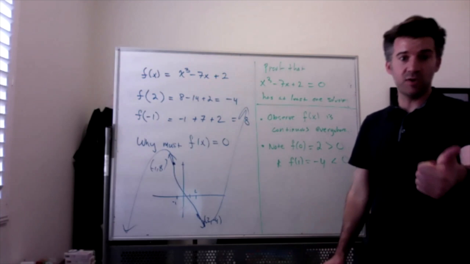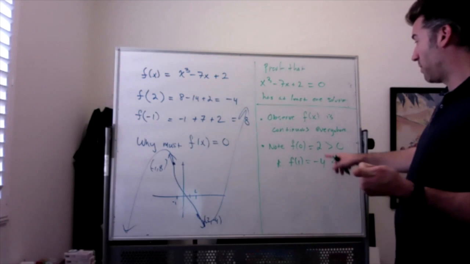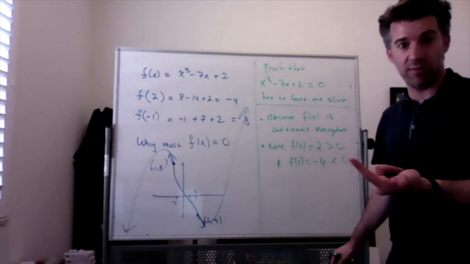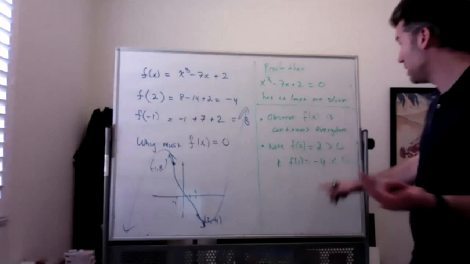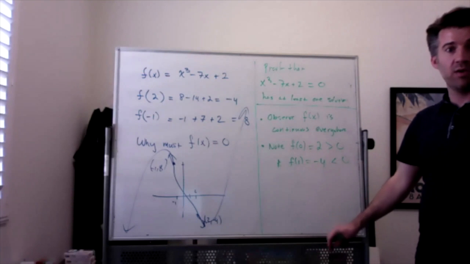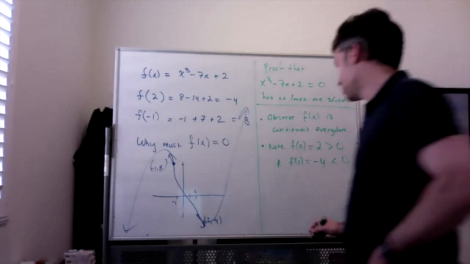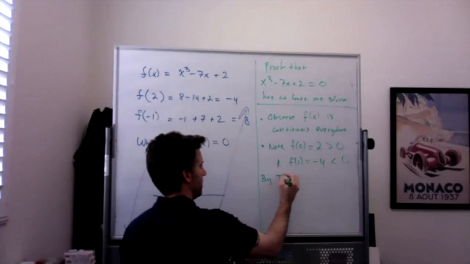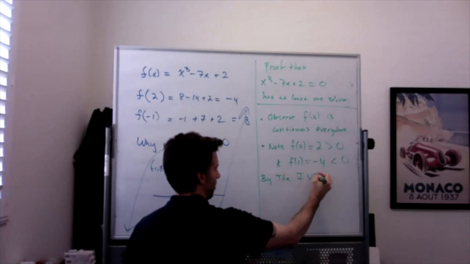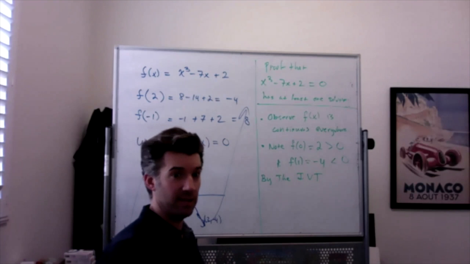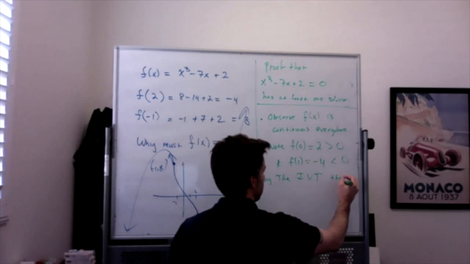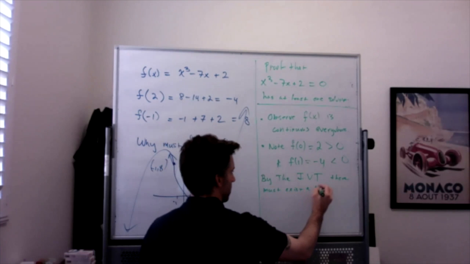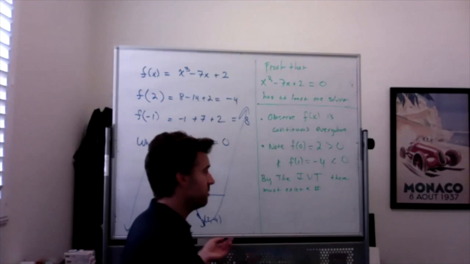So then, since the function is continuous, and it goes from a positive value to a negative value, by the intermediate value theorem, there has to be a number between 0 and 1 where the function is equal to 0. So the way we usually say this is, by the intermediate value theorem, which we almost always abbreviate as IVT, there must exist a number. We usually call it C,